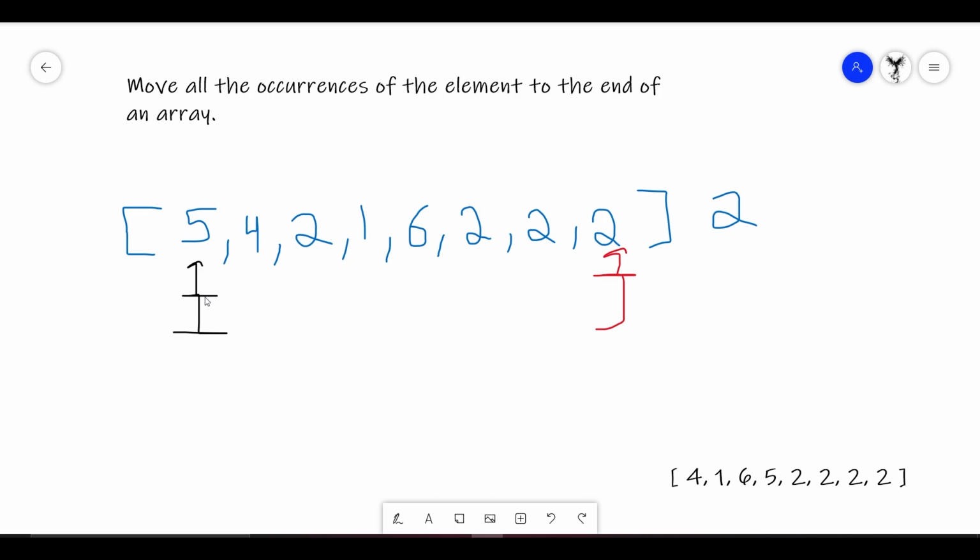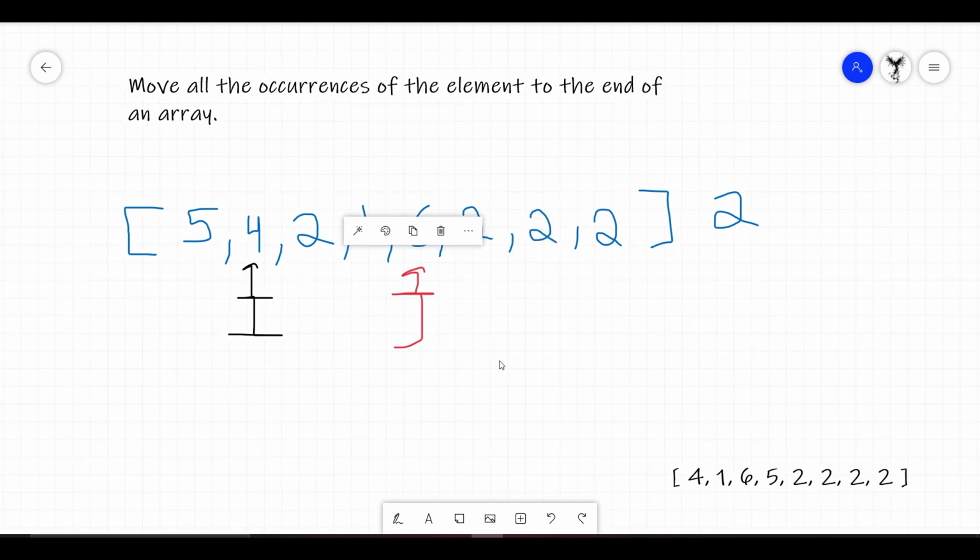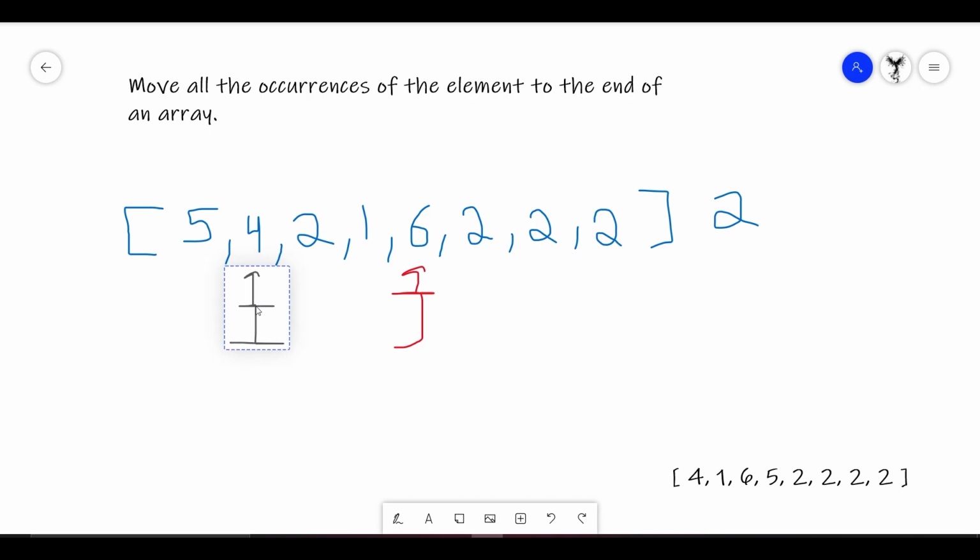Now we will increment I and decrement J. We again see that J is equal to 2, so we decrement J again till it reaches a number which is not equal to 2. Then we again increment I, as 4 is not equal to our target element, that is 2. So we increment it again.